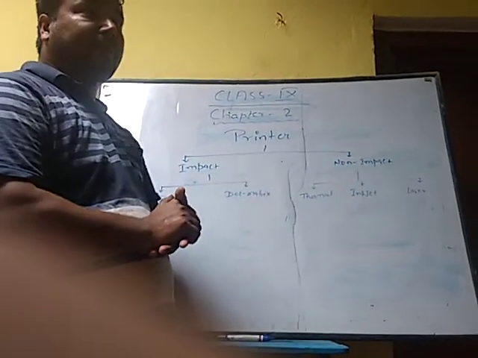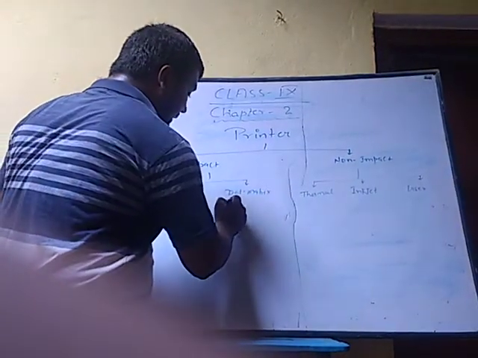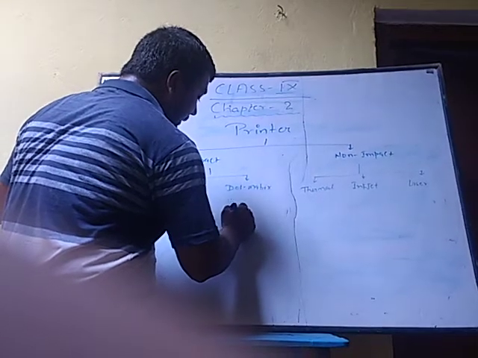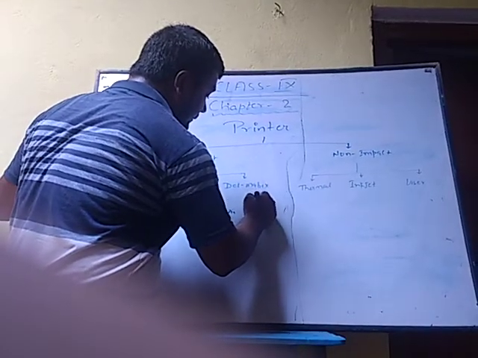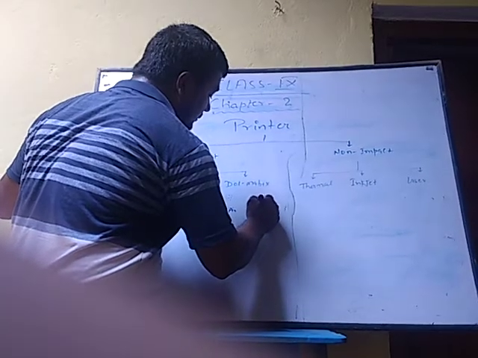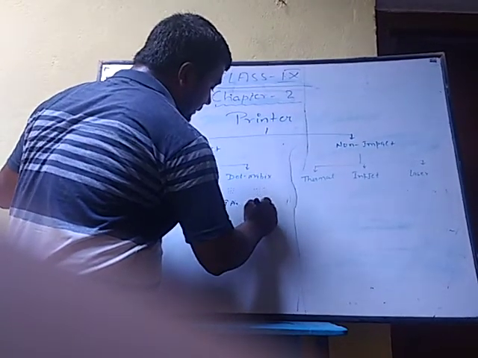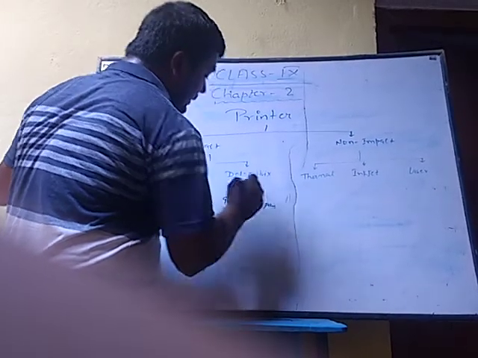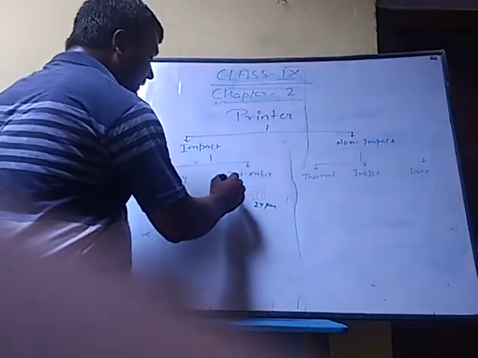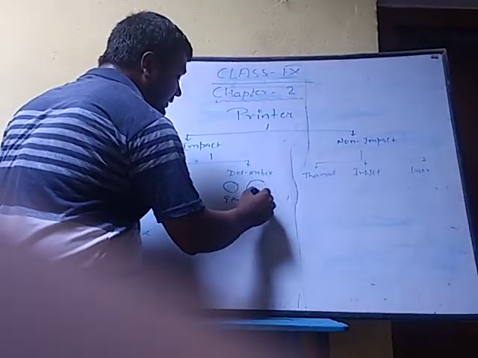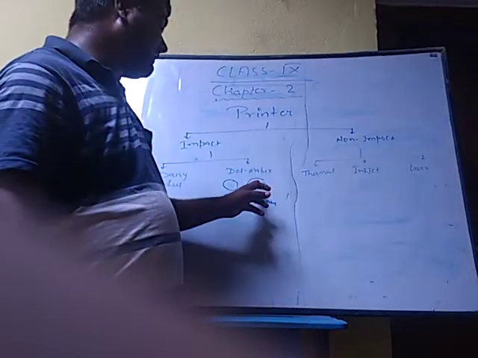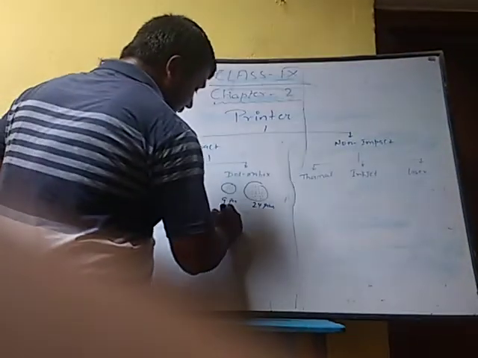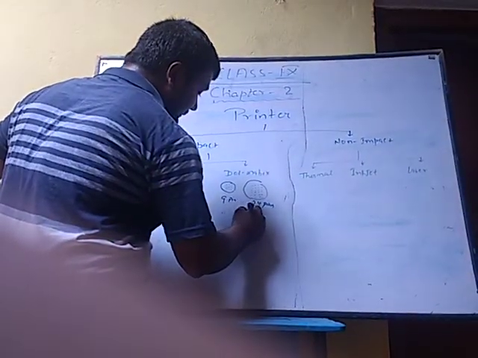The printing head is made up of small dots. 9 pin and 24 pins. That means on a dot matrix printer the head consists of these small pins, and these pins are used to form the characters. This is also called a line printer, because suppose you want to write Gyan, that means